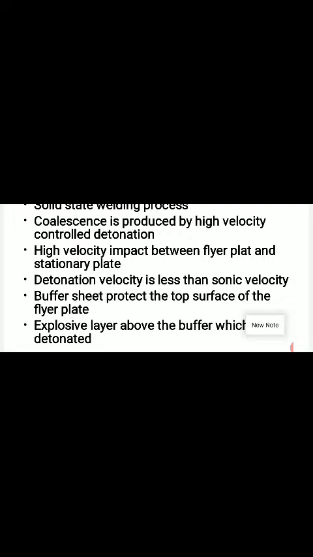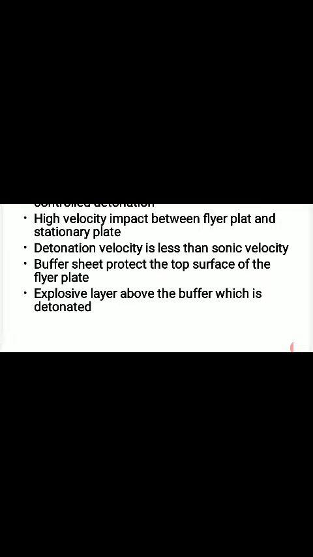edge. When the explosive is ignited, the detonation wavefront progresses across the surface of the flyer plate in the forward direction in an uncomplicated manner. The explosive impulse provides high normal pressure and a small sliding pressure between the plates. At the point of impact, high instantaneous pressure is generated, which is large as compared to the shear strength of the material. This creates craters of fresh surfaces which are brought together and joined.